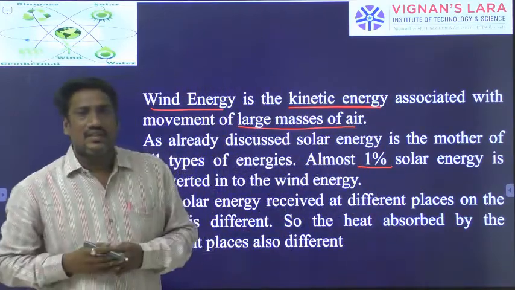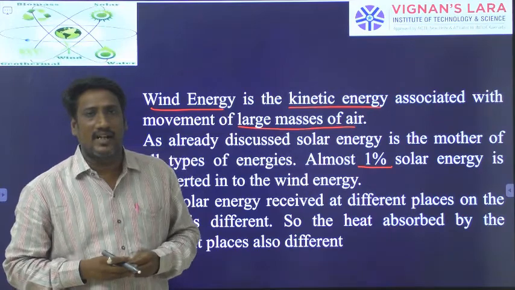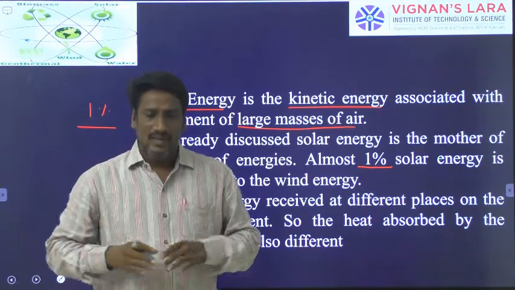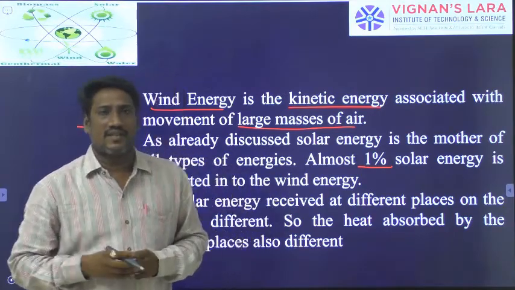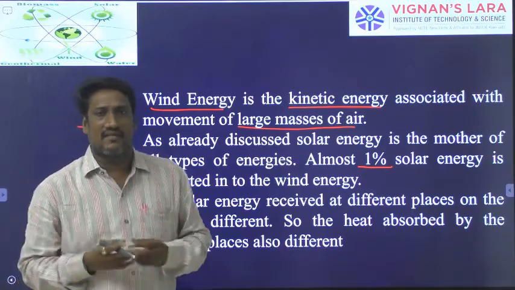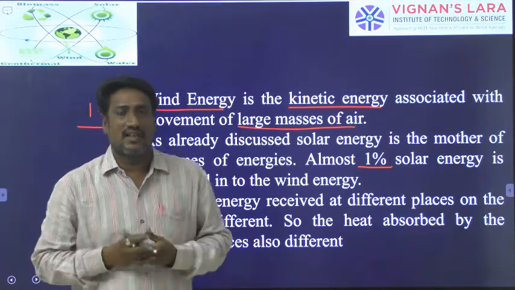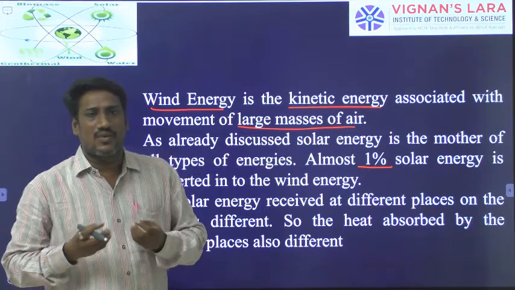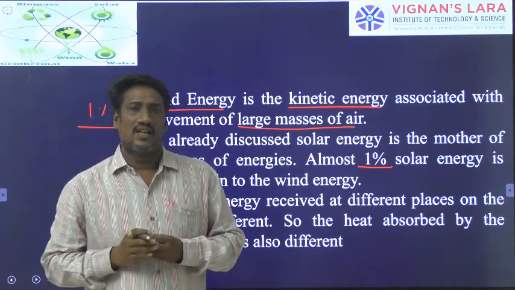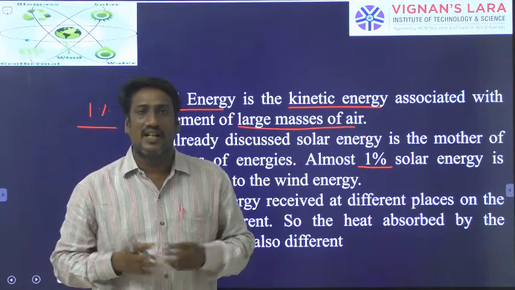So how is this wind energy produced? Because of the uneven heating on the earth, this wind energy is generated. For example, on the earth we have different areas. Rock areas are there, water areas will be there, some mud areas will be there. Already we know that rock areas absorb heat very fast and release the heat very fast, whereas water areas slowly accumulate the temperature and release the temperature also very slowly. Like this, different areas on the earth absorb and release the temperature in different ways.